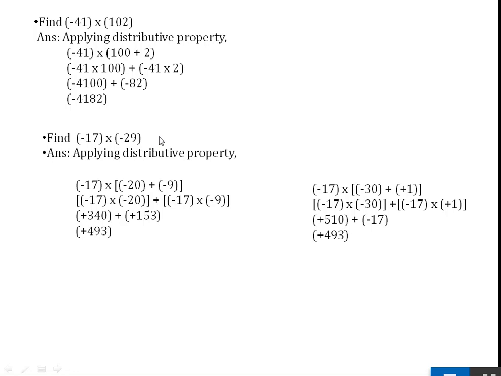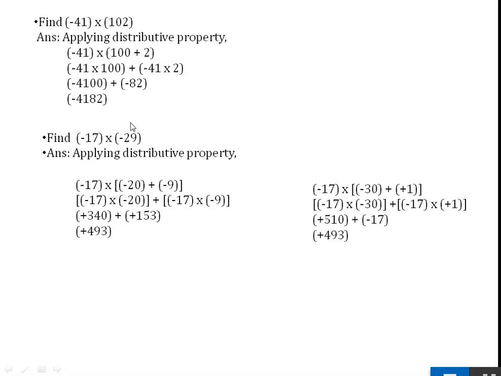When I split negative 29 as negative 30 plus positive 1, I will show you what happens. Here, how did I split negative 29? Negative 30 plus positive 1. By applying the addition rule, one number is negative, the other number is positive, so you will subtract. That is 30 minus 1 is 29 and the larger number sign is negative. So, I can split negative 29 as negative 30 plus positive 1. Similar steps here. You will get the same answer, positive 493.